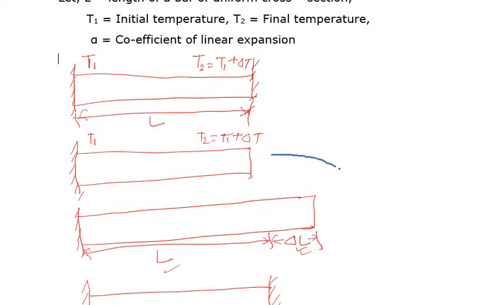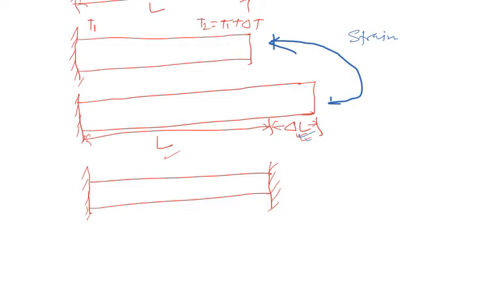From here to here, in this condition we can calculate the strain. What can we calculate? We can calculate strain, because strain is equal to change in length by original length. So we have got the extension, that is, we can calculate change in length, that is final, L plus delta L, minus initial, that is L, is equal to change in length, how much? Delta L.